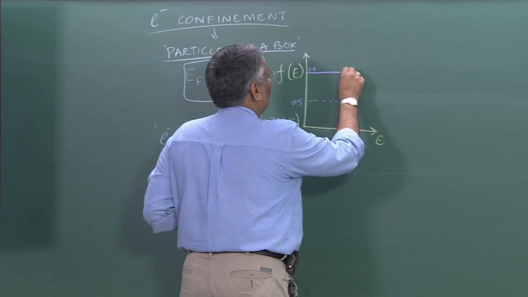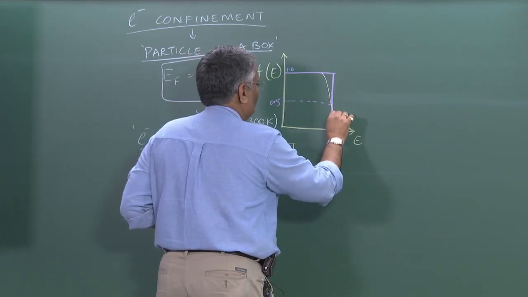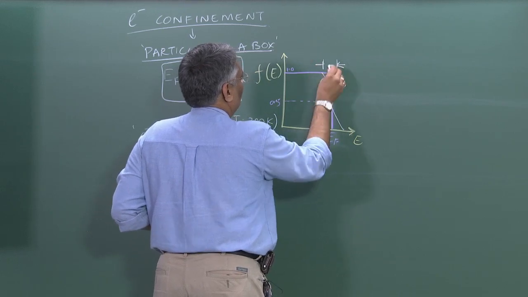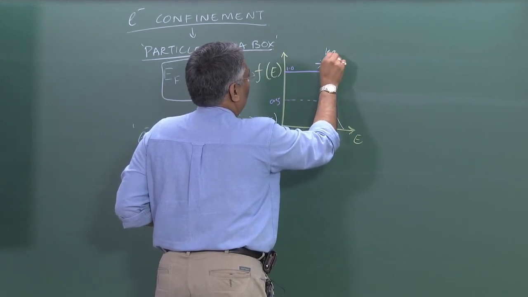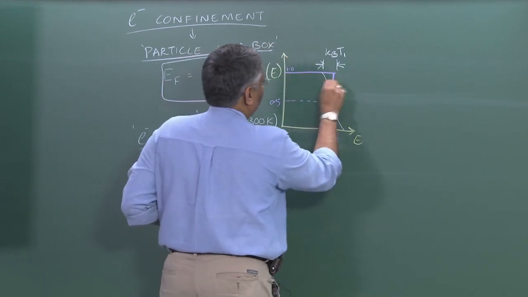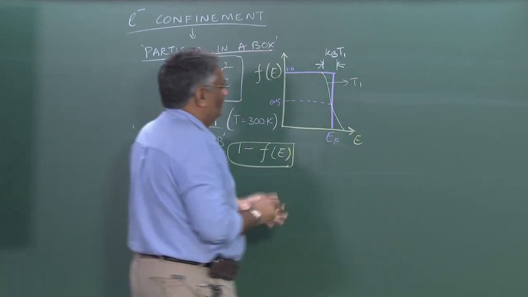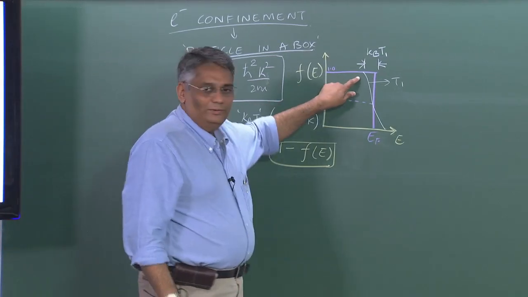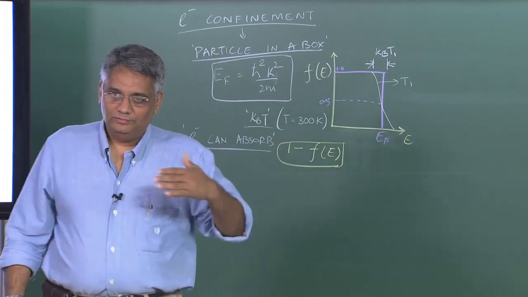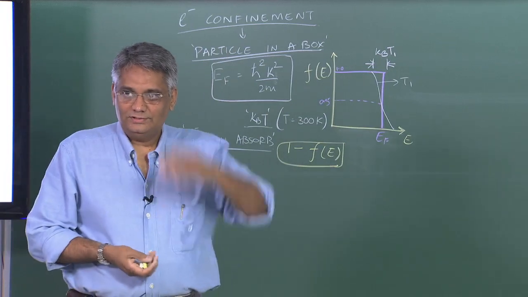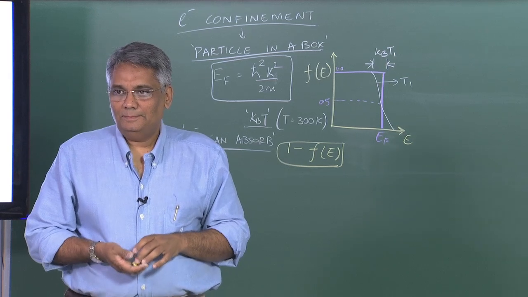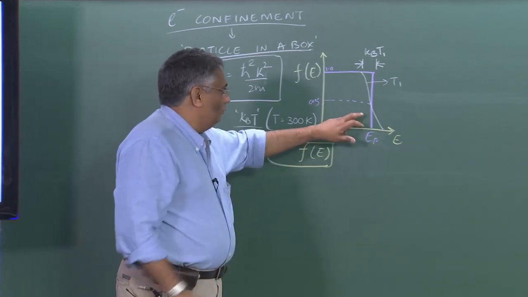So, this is your kBT, say T1. Okay. So, the higher the temperature, the more electronic states at higher energy levels get occupied, is it not? Now, what it tells us is